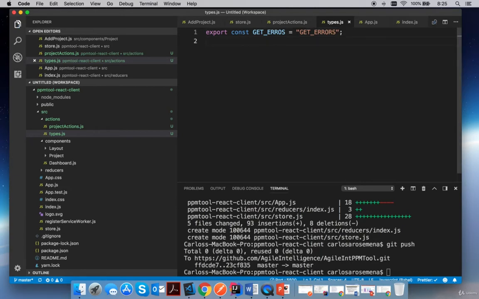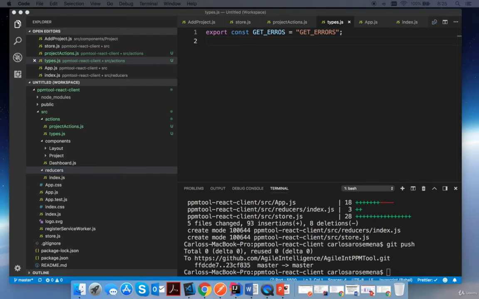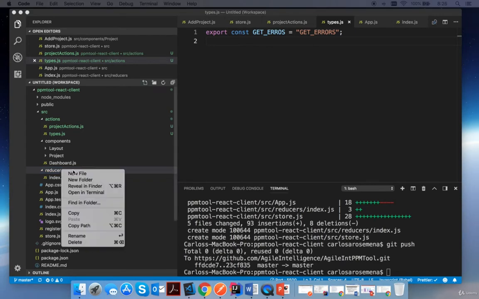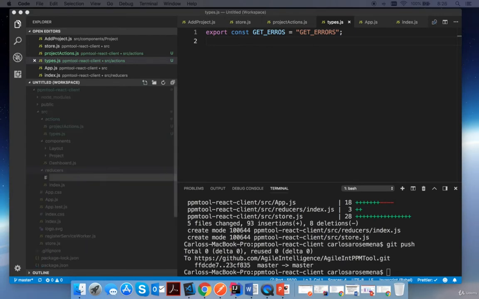Okay, so with this out of the way, we're going to start wiring up our errors reducer, which is a reducer that we're going to use whenever we have errors coming from the server as per our architecture. Okay, so we're going to create a new file, and it's going to be called error